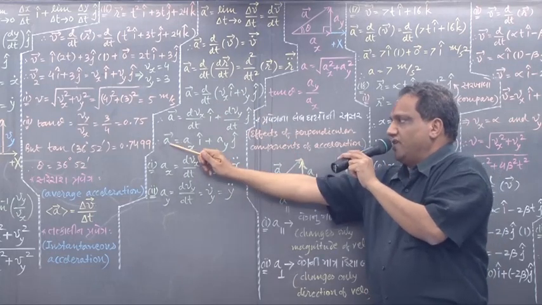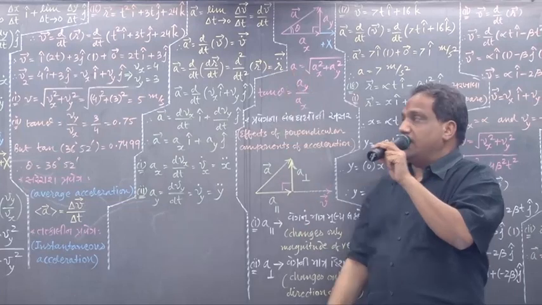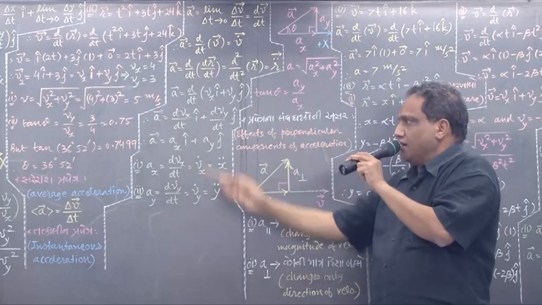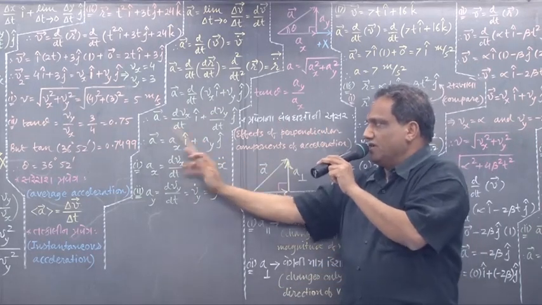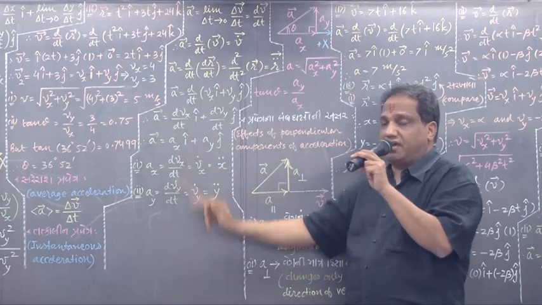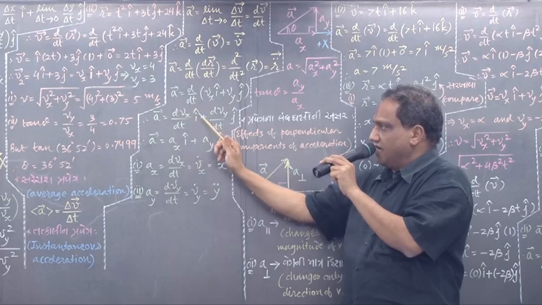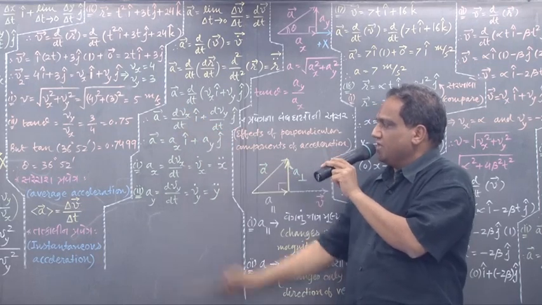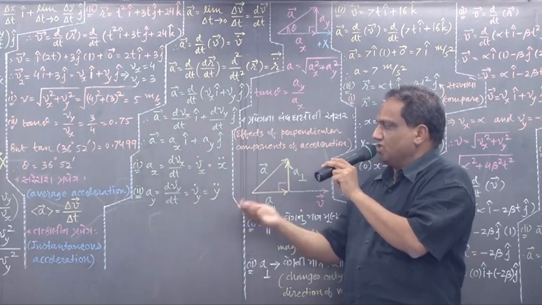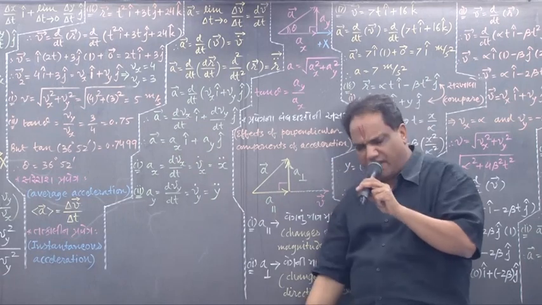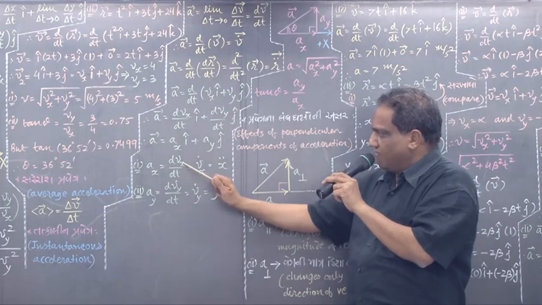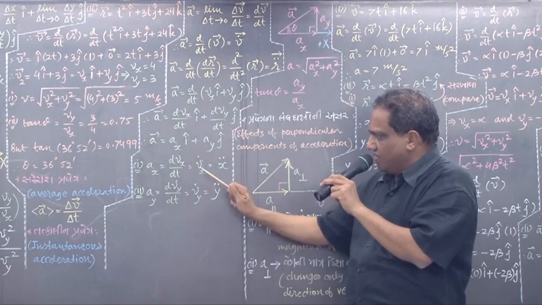And now you know very much vector A also can be written in two dimensions as ax i hat plus ay j hat. Compare. Left hand sides are already the same, so the right hand sides can be compared. Coefficient of i hat, what is it here? ax. And here the coefficient of i hat is dvx by dt. So ax equals dvx by dt, which means d by dt of vx. d by dt means dot, so this is nothing but vx dot.